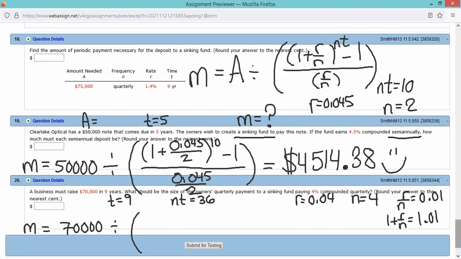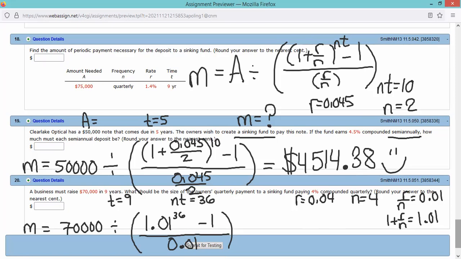But maybe if I write a little larger. 0.01 raised to the 36, take away 1, divide by 0.01. Okay, so entering this into the calculator,